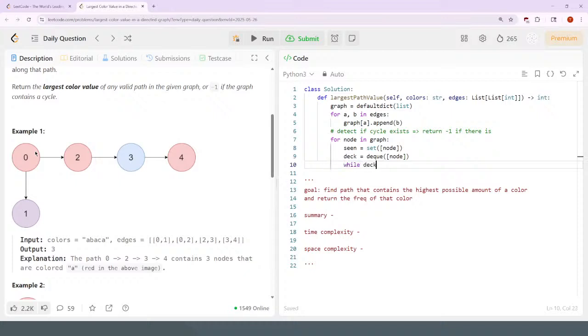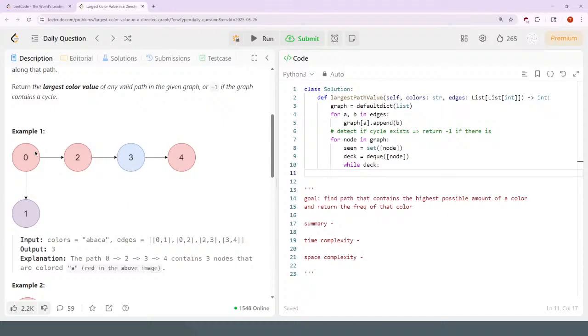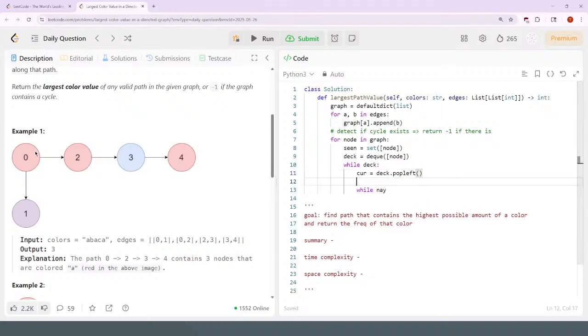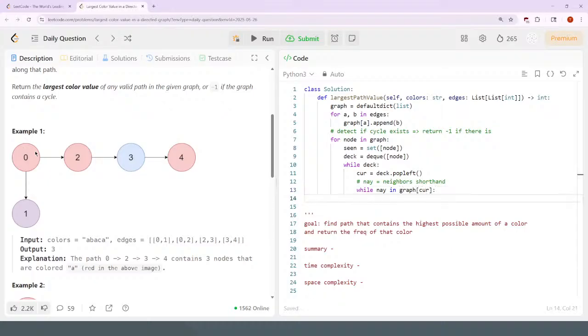So while the deque contains anything, let's say current is equal to deque.popleft, and then while there are neighbors, and I generally say nei is short for neighbors, for every neighbor in the graph of this current node,